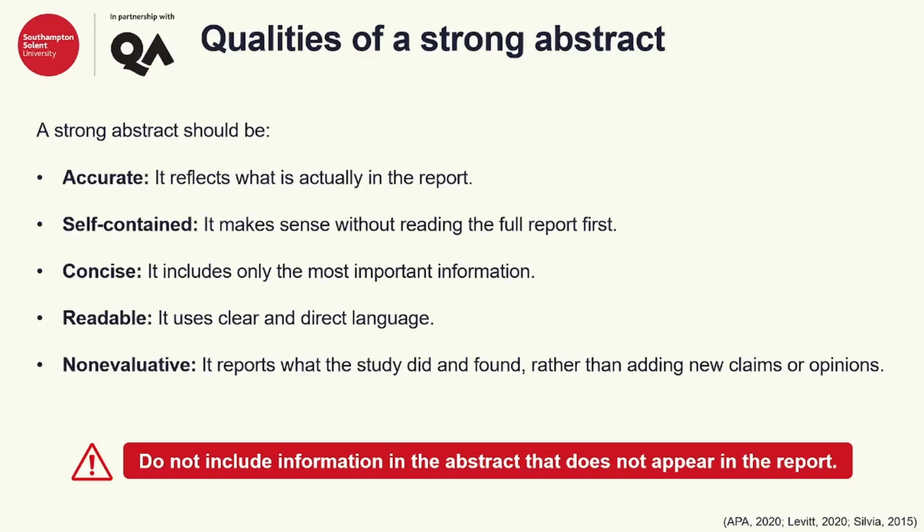To summarize, the title should clearly identify the focus of the study and align with the research question. The abstract should then provide an accurate and concise overview of the entire report, moving from the research problem and method to the findings, conclusion, and implications. Together, the title and the abstract should give readers a clear first impression of what you investigated, what you found, and why the research mattered.